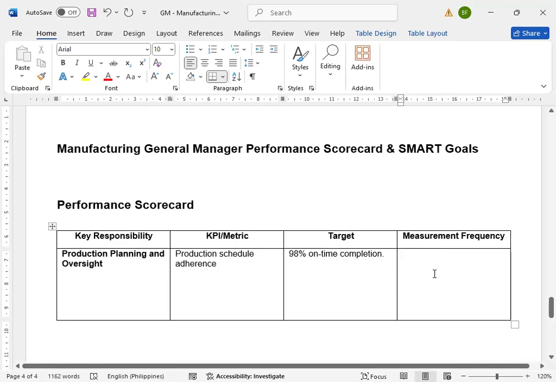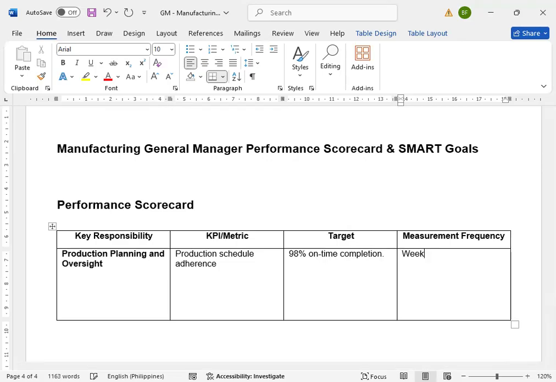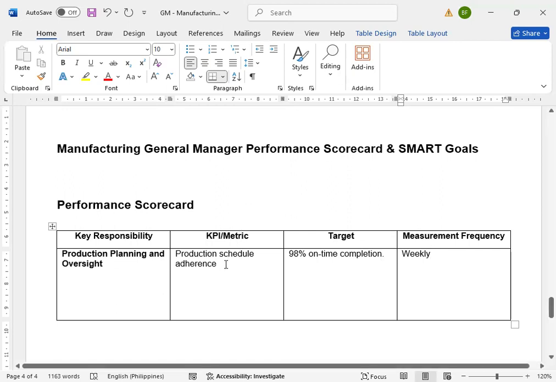Okay, so review of this should be done weekly, and another KPI metric that we should be focusing on